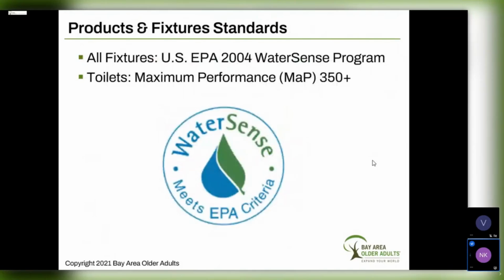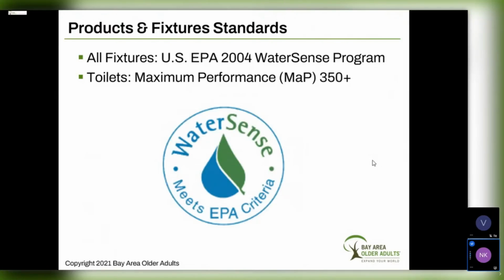We have all heard about low flow in California. What does this mean in terms of standards of products and fixtures? Now, WaterSense is a water efficient product labeling program set up by the Environmental Protection Agency, or EPA, in 2004. California is a state that has faced many a drought and has its low flow requirements for new products and fixtures, and it actually incorporates these WaterSense standards.